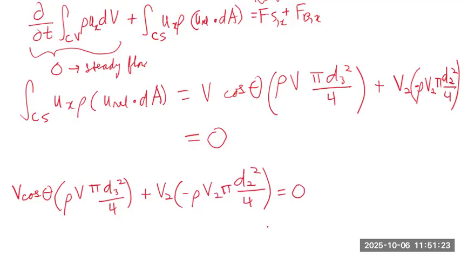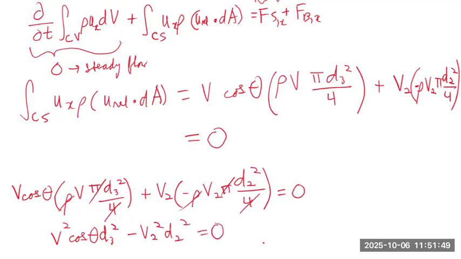If we simplify, certain things cancel out. For instance, the 4's cancel out, the pi's cancel out, the rho's cancel out. And we are left with V squared cosine theta D3 squared minus V2 squared D2 squared is equal to 0. This is our equation 2